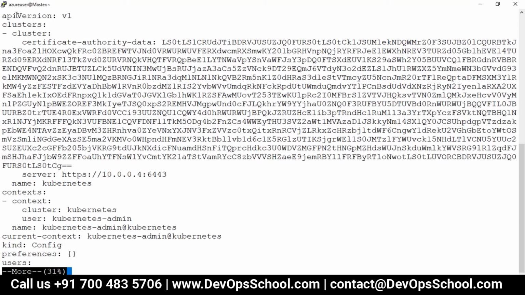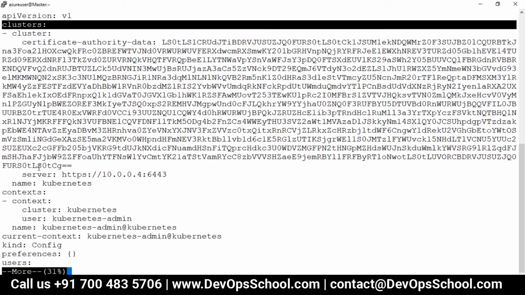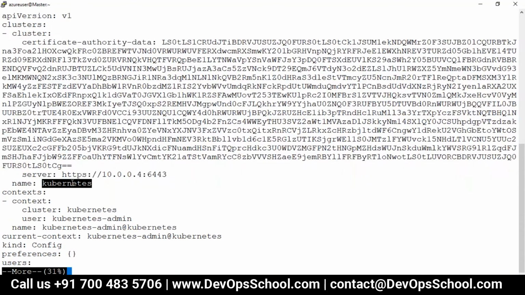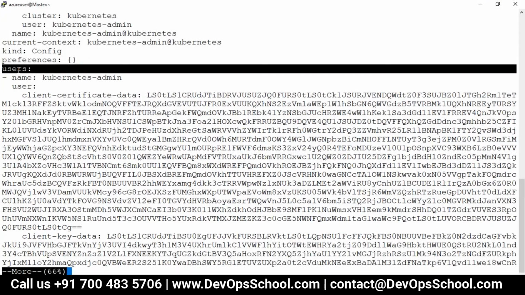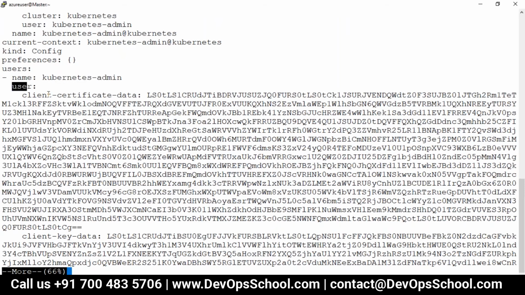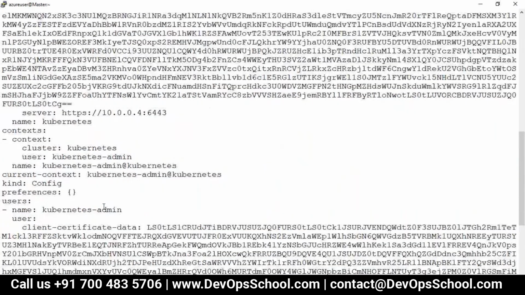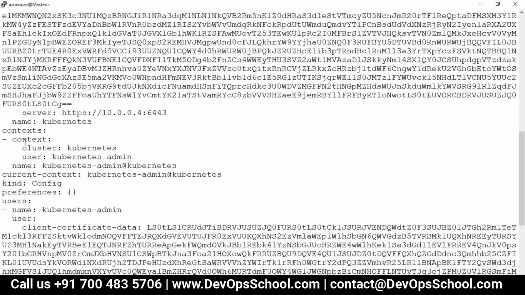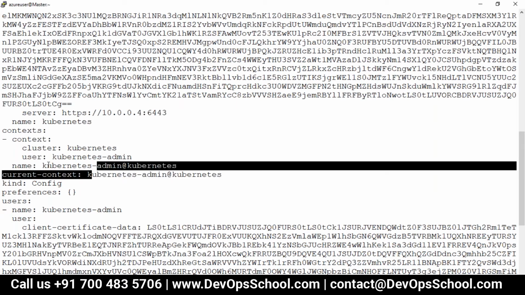Look at it. It's an API version. It's a YAML file. You can look at it and understand. It's a cluster section. Here, this is the cluster one, and this is the address. You see that, and the name of it, Kubernetes. And if you go down, here you have a user section. The name of the user is Kubernetes-admin, with user certificate and key. If you go a little bit up, here you have a context. Context one, what is the name of the context and which cluster and which user. So right now, what is the current context? Because you have only one, you have set it up as the default context, the same one, and that is how it works.